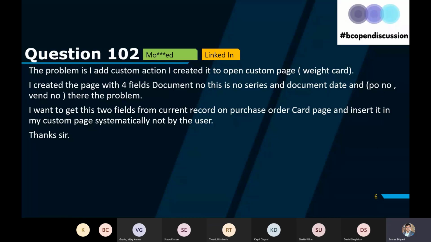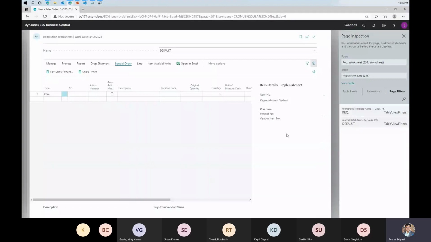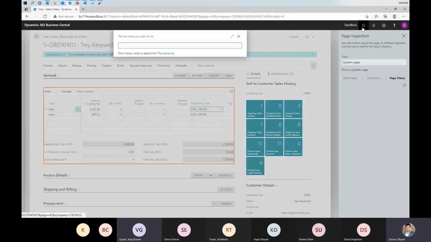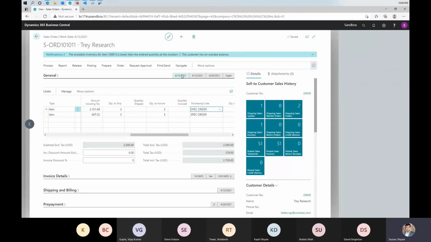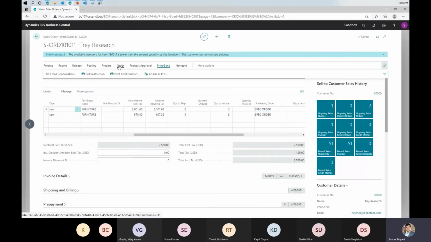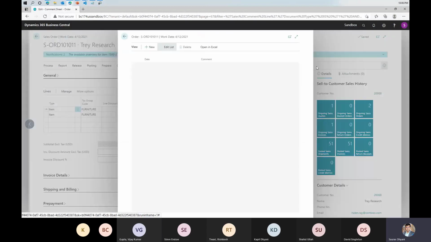I think you need to have a shared key between both the tables, your weight table and your purchase order table in this case. And what would be the right example to show you? Let's open the system and we'll see that. Like how on a sales order, there should be something that shows you that relation. Either you can use comments. Yeah, that's a good one. Let me open that. Yeah, so if you see the comments page,